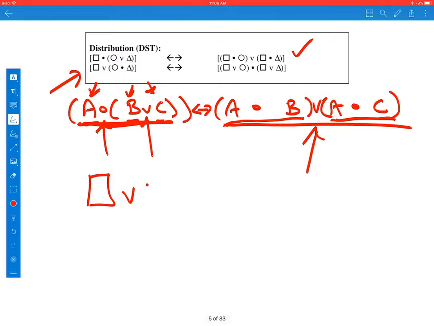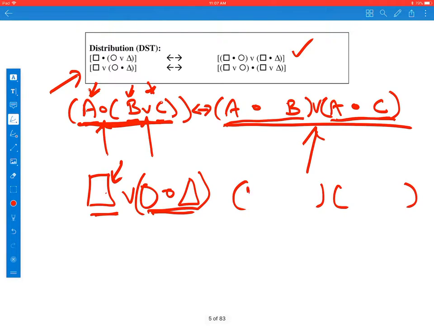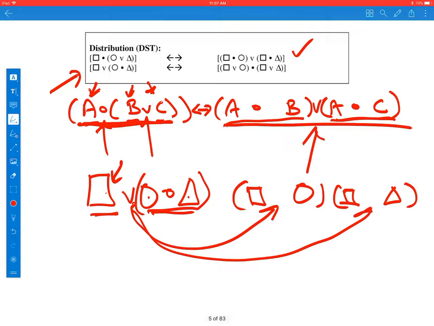Okay, let's do the instance when the OR is the major operator. We can distribute this to these items in here. Let's look at the pattern. We're going to distribute this, whatever this happens to be, to the circle and to the triangle. The major operator becomes the minor operator. So we have ORs here, and the